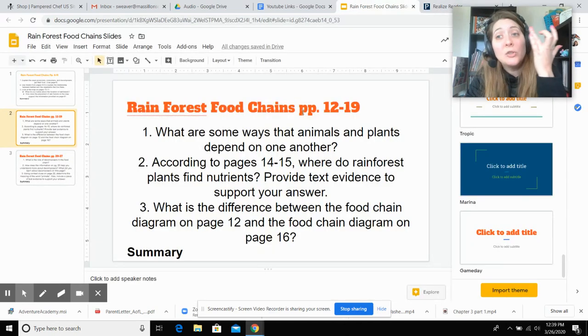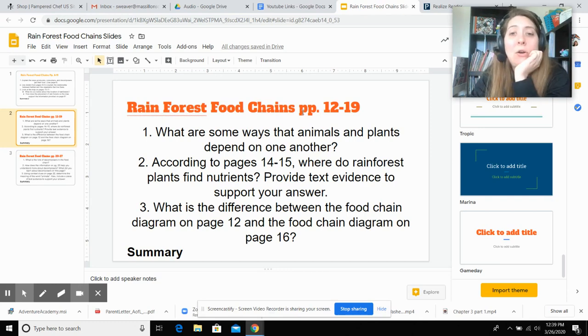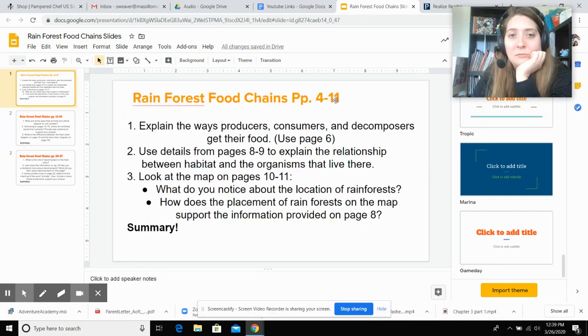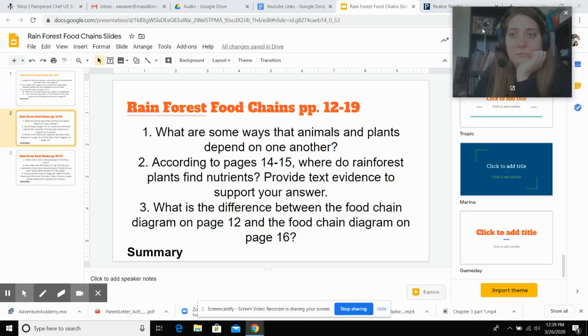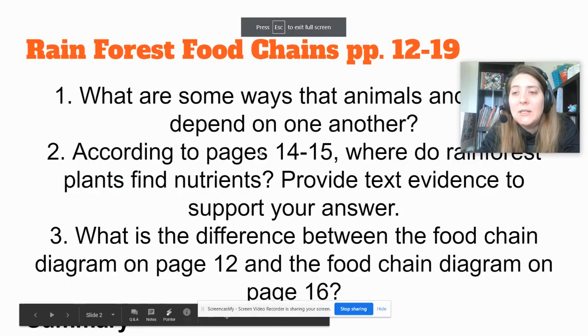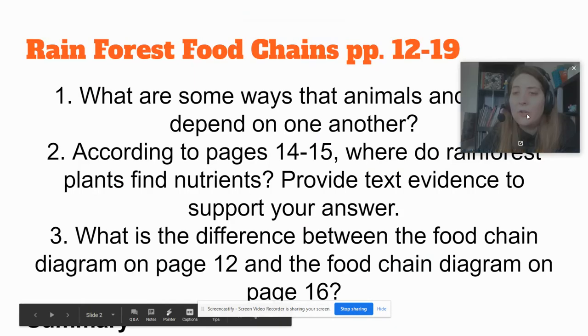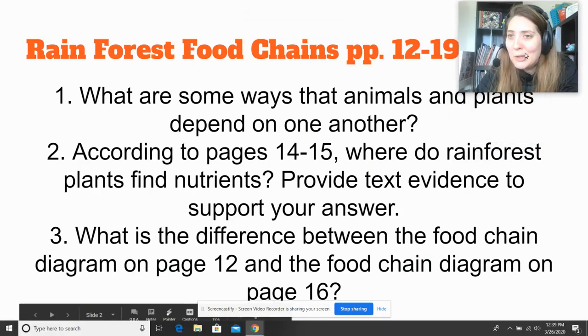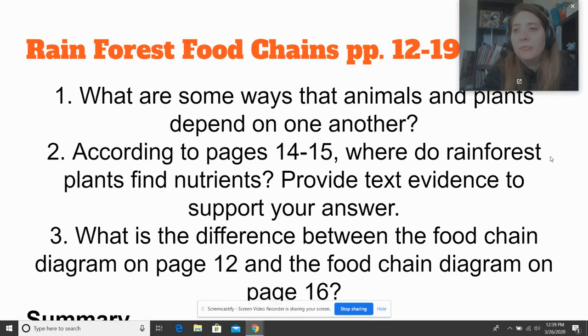All right, we did pages 12 through 19 today. Here are our Cornell Note questions again. Make sure you write them down and you answer those. We're going to want those back. If you're doing it on notebook paper, you can take a picture and email it to your teacher. You can hold on to it somewhere safe, don't lose it, and give it to us when we come back